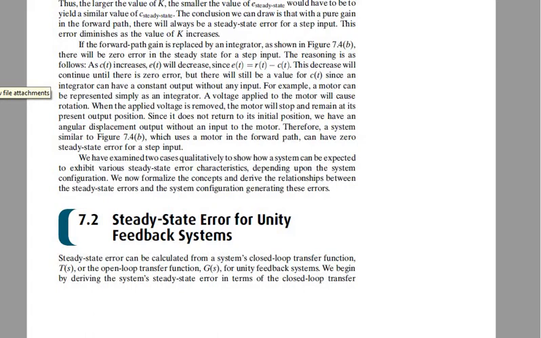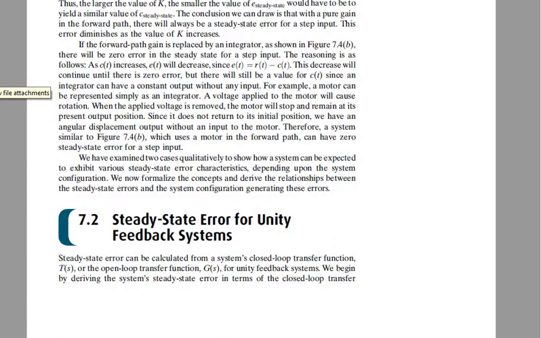Today we discuss steady state error for unity feedback system. In the previous video we looked at what steady state error is, and we came to know that steady state error is defined as the difference between the tracking input and the output that is achieved by the system. If there is a difference, we call it a steady state error, and it is calculated for a stable system and calculated when transient responses are over. After steady state time, you calculate the difference between input and output, and this difference is known as steady